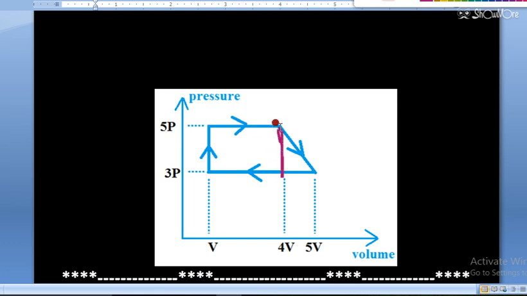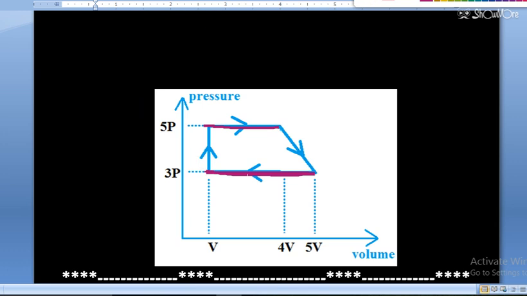This portion is a triangle. I am taking this as a triangle, a separate figure. You can do it in another way also. You can take the trapezium also. So let's take the trapezium first. This is the trapezium, and these are the two parallel sides. This is one parallel side, and this is the second parallel side. I am using a shortcut here. You can use the complete method also, but I am using a shortcut.